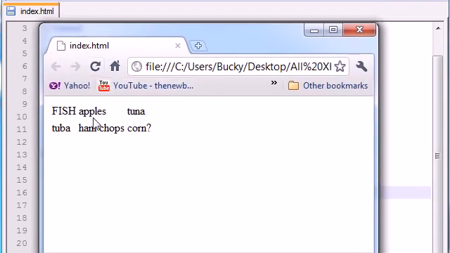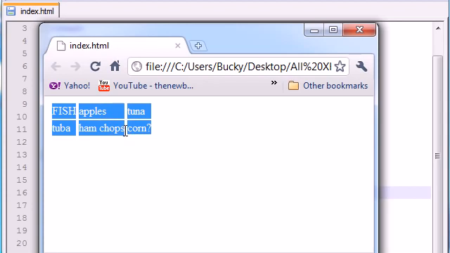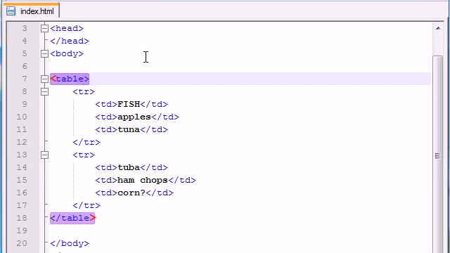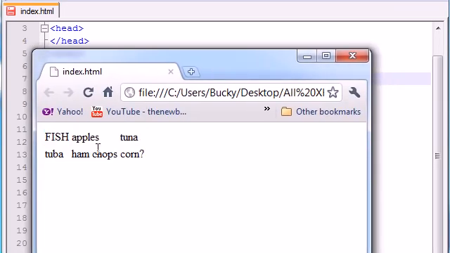Go ahead and refresh this, and you can see that our table now consists of the 2 rows. Here's row 1 and here's row 2, and each of these rows has 3 columns. 1, 2, 3 in the first one, 1, 2, 3 in the second one. And if you highlight over it, you can see the border, which brings me to another point. If you don't quite understand yet, trust me, here's a little attribute that you can add to your table to make it a lot clearer. More clear or clearer? I don't know what the correct term is, but anyways,